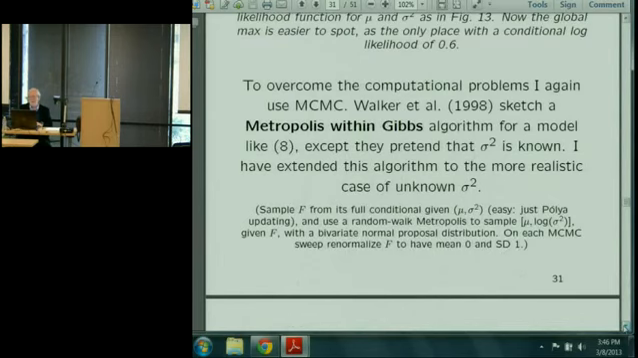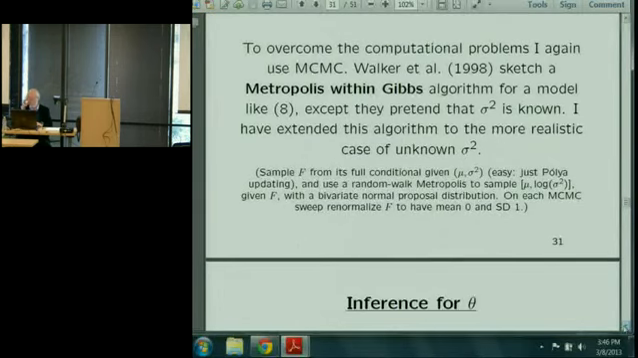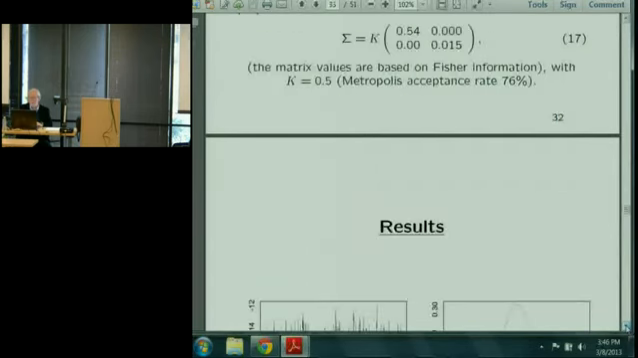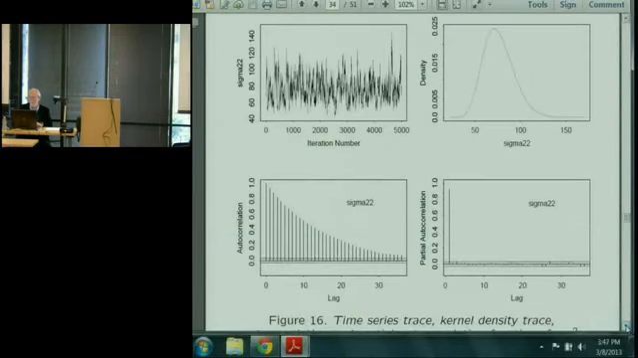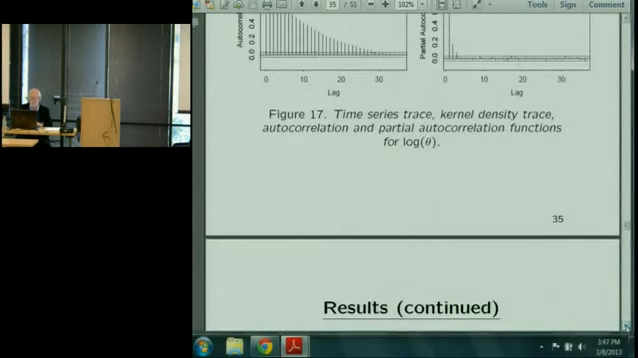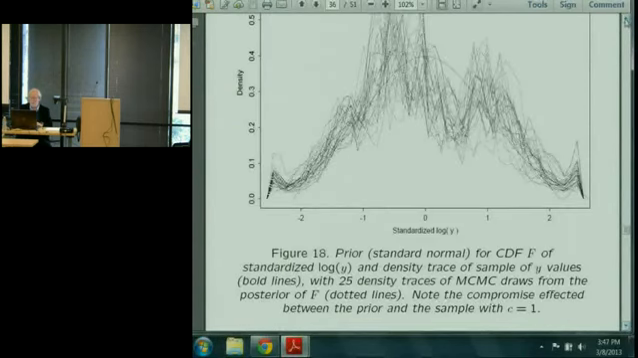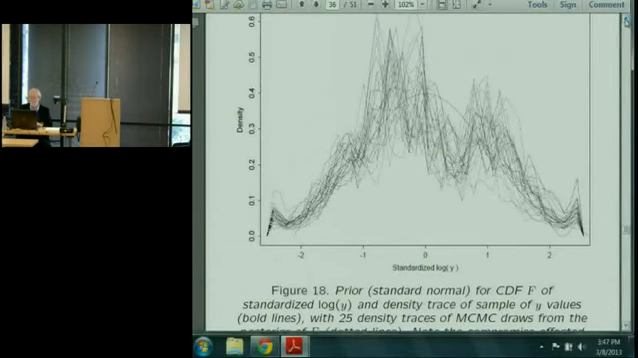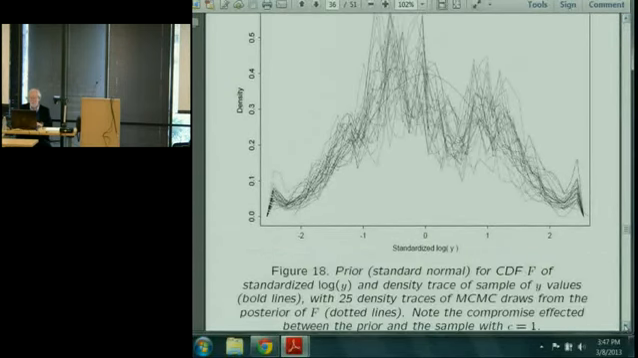So basically, I do a kind of Gibbs sampling where I first pretend I know what the mu and the sigma squared are. That's just a Pauli update. And then I use a particular kind of Metropolis sampling to get the other parameters given F. And so we end up with inference for the parameters that we care about, in which these plots have been greatly smoothed just to make them look less frightening to the horses and small children. I smoothed them, except this is one that didn't actually smooth things. The prior is the standard normal here for the CDF capital F of the standardized log values, and the density traces represent samples